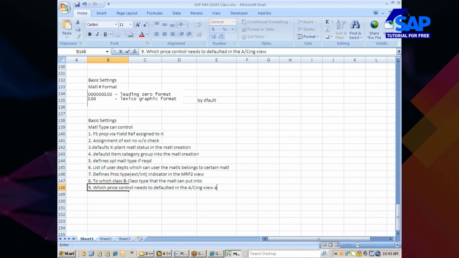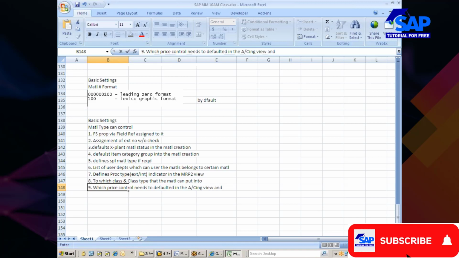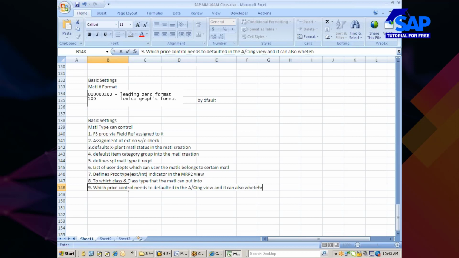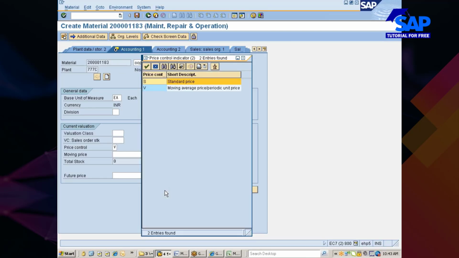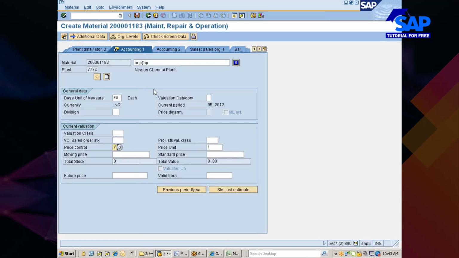Okay, and it can also specify whether price is mandatory or not. Now you see here, if I want, let's say, without giving a price also I can move out.